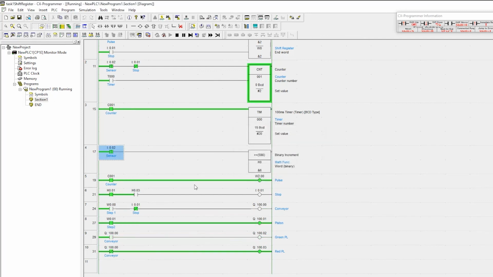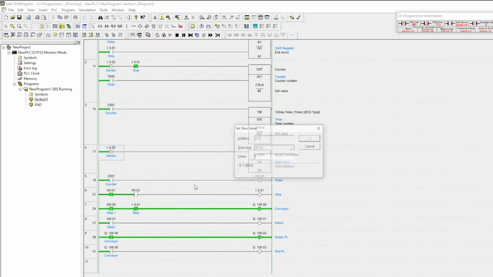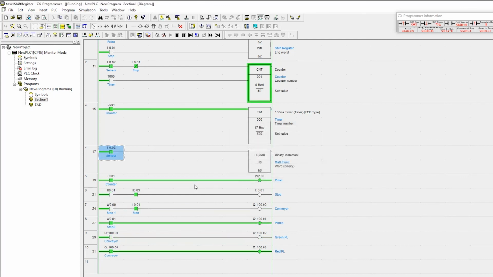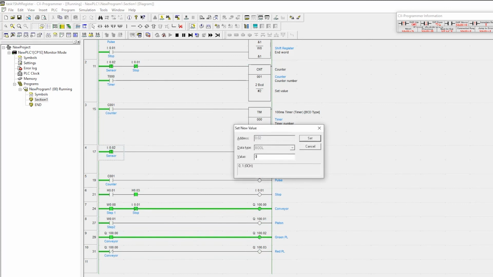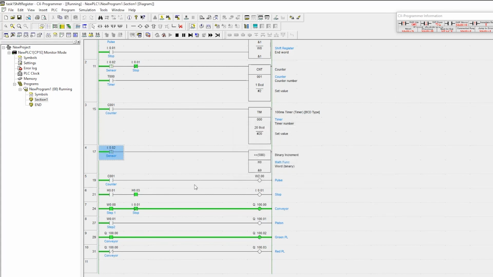Sixth item. Seventh item. Eighth item. Conveyor stops and piston pushes. Ninth item. And the 10th item,